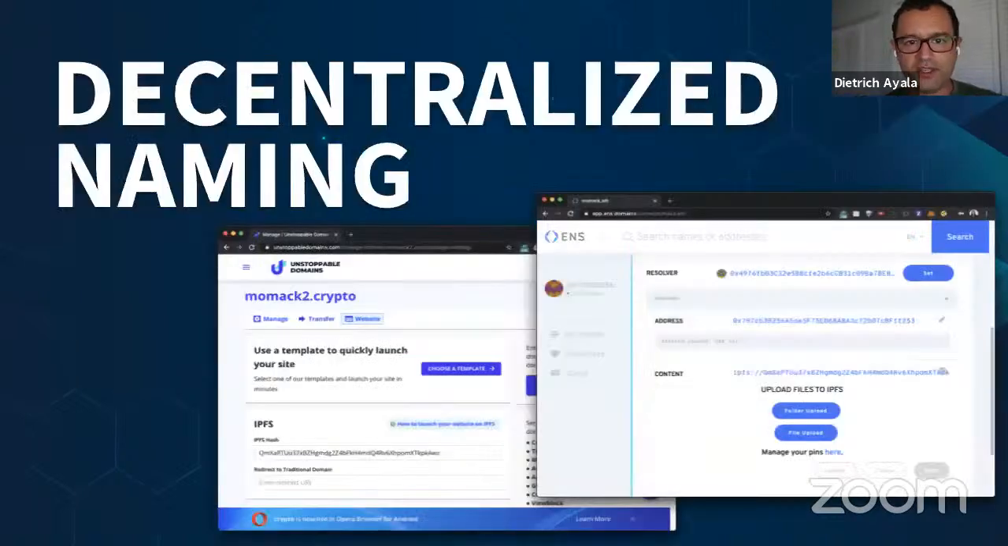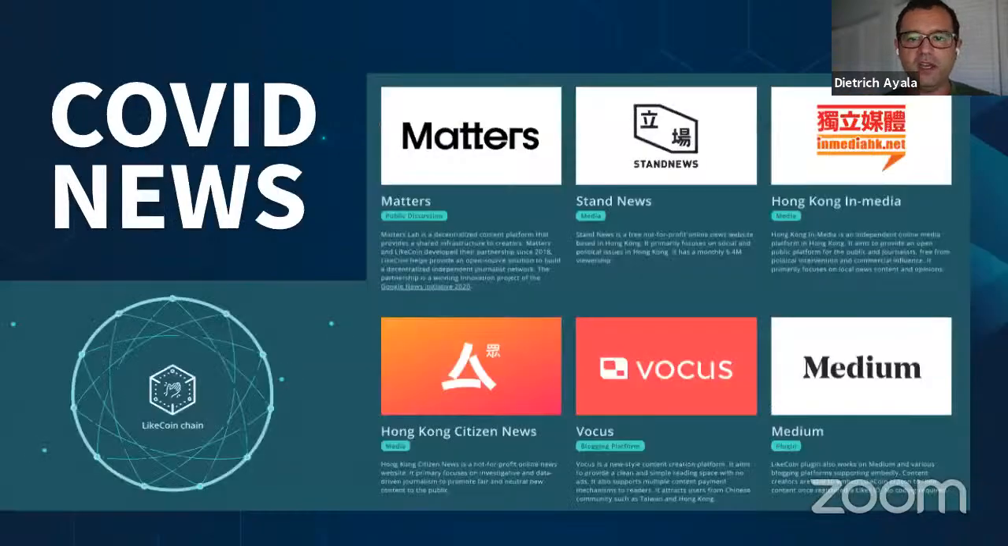Decentralized naming, so things like ENS and Unstoppable Domains, using DNS to be able to refer to off-chain data, or to be able to check the blockchain first, to then direct you to IPFS resources, is a pattern we're seeing. COVID news,